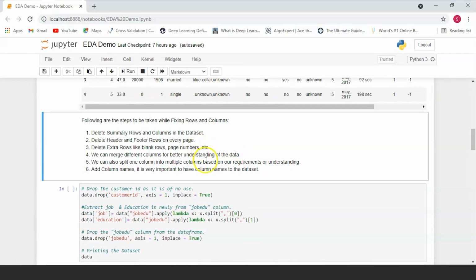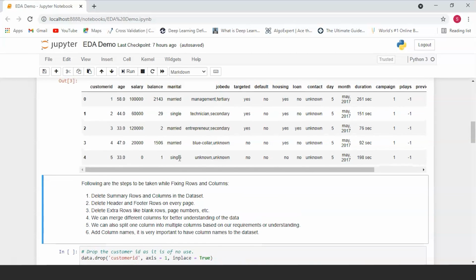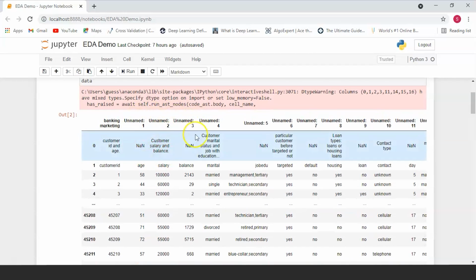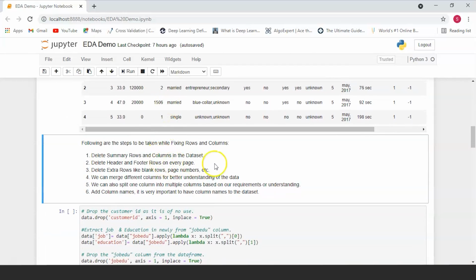Now here are some of the steps that we're going to be taking to fix our rows and columns. We're going to be deleting the summary rows and columns in the data set. So we've already done this. We've already gotten rid of the summary rows here. Next, we're going to delete header and footer on every page.